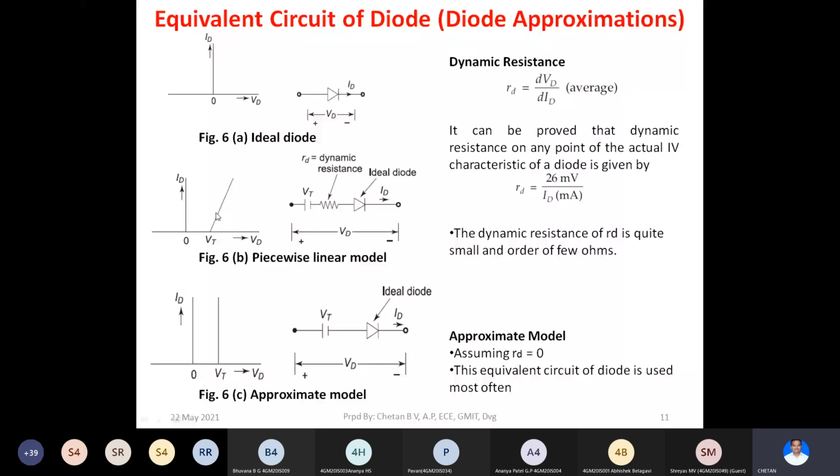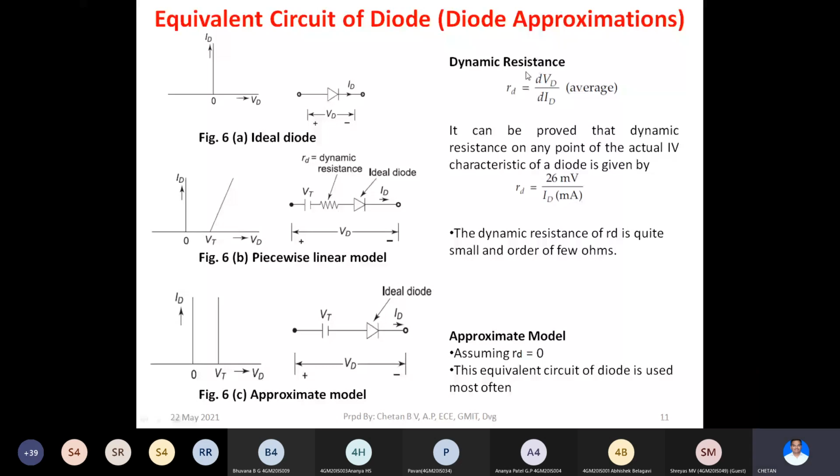This dynamic resistance Rd is change in Vd divided by change in Id. So you have to differentiate Vd with respect to Id. Change in Vd, change in Id. That is what a dynamic resistance is. So this is the equivalent model for that. Initially, to account for this Vt, a battery is indicated. There is a battery whose voltage is exactly equal to the knee voltage. Then afterwards, there is a resistance which indicates the dynamic resistance. The equation for this dynamic resistance is indicated by this equation. Then afterwards, this is your ideal diode.